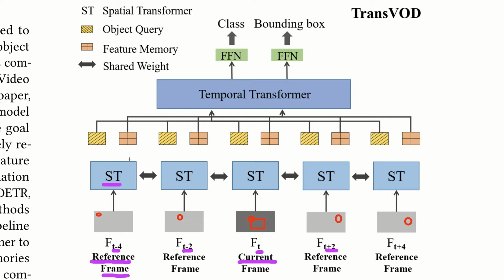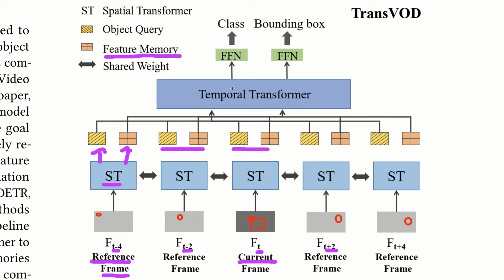And what they produce is some kind of features, which are here called a feature memory. But they also create object proposals, which are called object queries here. And we produce them for each time step, for time step t-4, t-2, the current time step, and even for